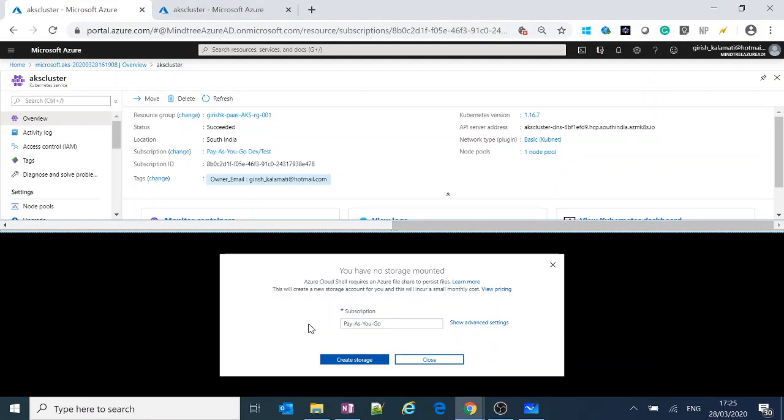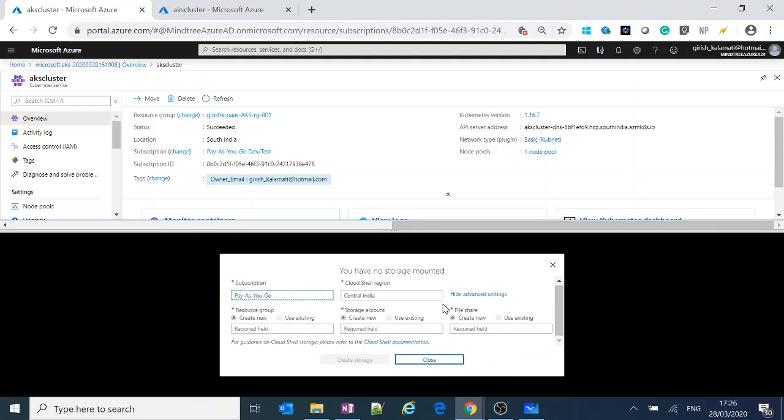Welcome guys, and okay, so that was an interruption, so I'm making another video on this. So we have Azure Cloud Shell. From Azure Cloud Shell we're going to interact with our cluster. For this we'll go ahead and create a storage. What we can do is choose this particular setting, and I'll just choose my pay-as-you-go, and then